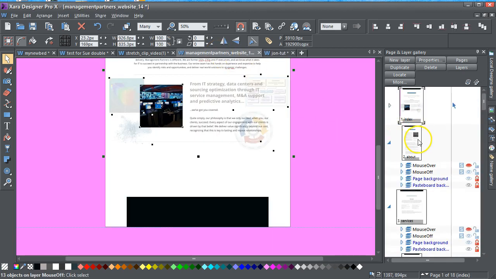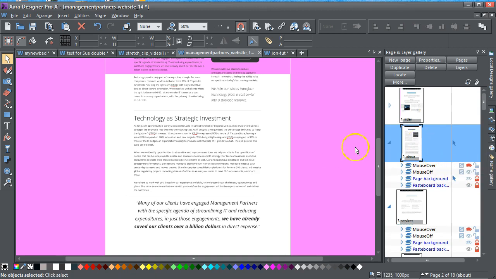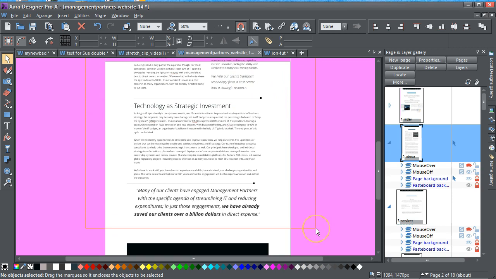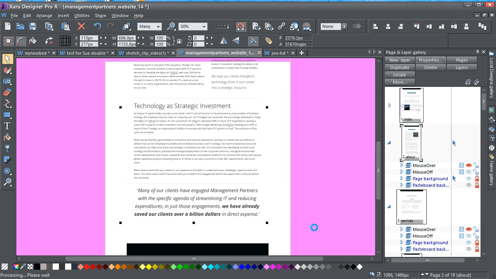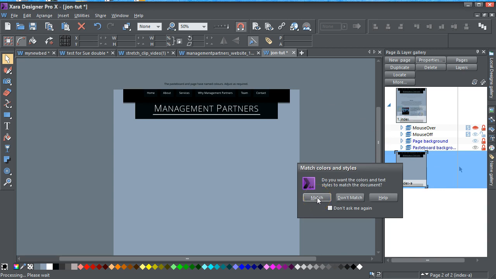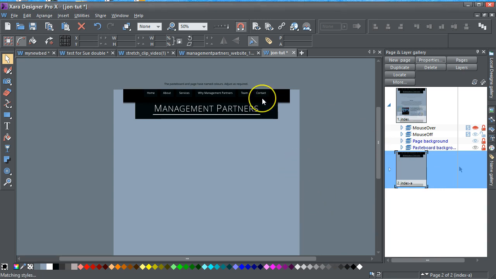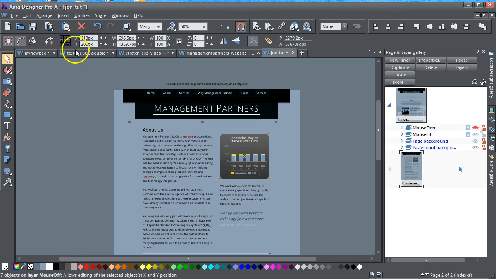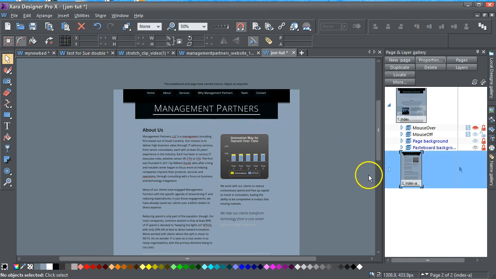Go back to your old site, and this is about the about page, and I want to drag select over this section here, Control C to copy it, go back to the new site, Control Shift V to paste it, click match, and I want to set that because I want all the text to start at the same top. I'm setting the Y position to 200, and